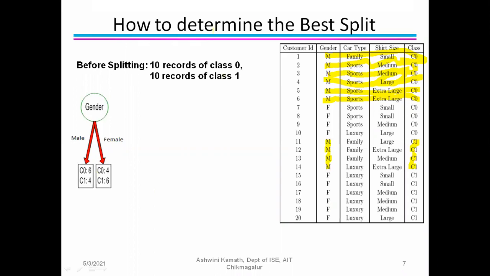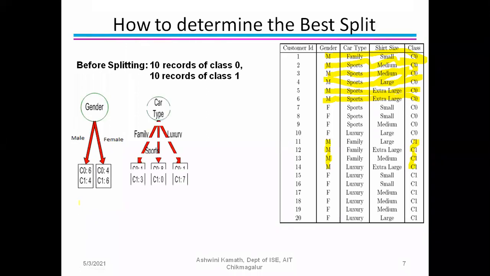Before splitting, 10 records of class 0 and 10 records of class 1. After splitting using the attribute gender, in male we have 6 C0 values and 4 C1 values, and for female, 4 C0 values and 6 C1 values. I hope you're getting it.